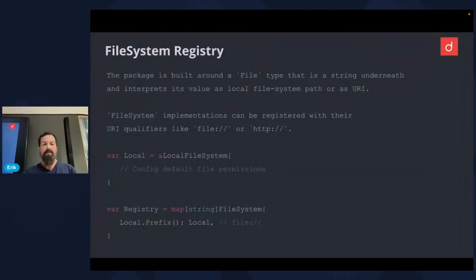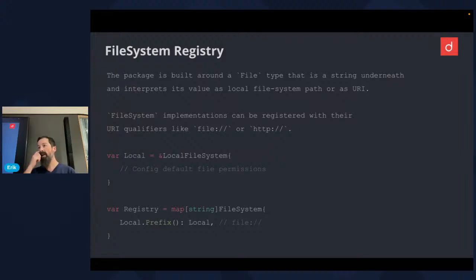And then, yeah, so underneath, we have a very simple file system registry where some prefix is used for registering a file system. So we have the static ones like file, colon, slash and HTTP and so on. And you can also use dynamic file systems.